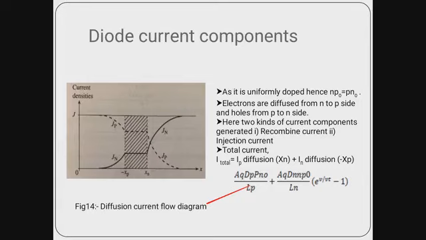The same phenomenon happens over here. Holes recombine with minority electrons, which is denoted by this plot. And after that, what will happen? They are injected from P to N side, and after going a certain distance x, the plot will become exponentially decayed. The same phenomenon is copied over here.